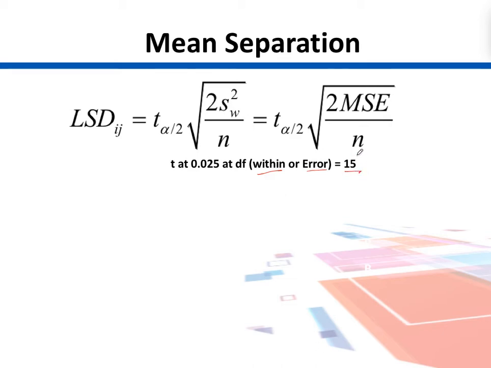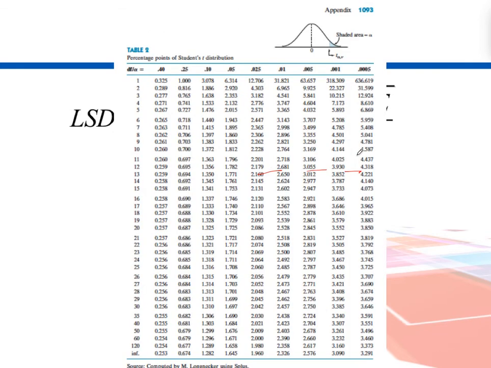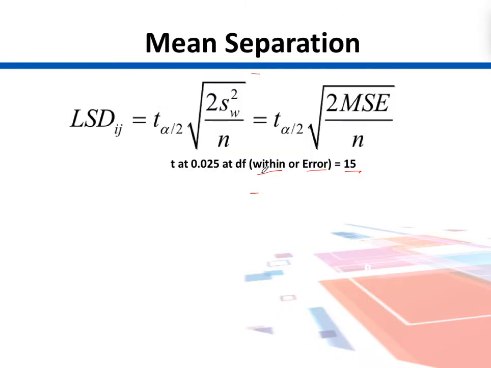So we will go in and look into the t table. The number alpha at that point is divided into 2, so that is 0.025, and respective degrees of freedom were 15, so it was this number right here, 2.131. Now we go and get our number back and plug in, and what we do next is we calculate our LSD.